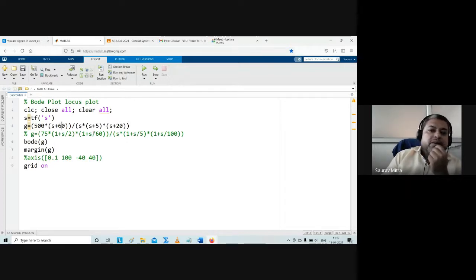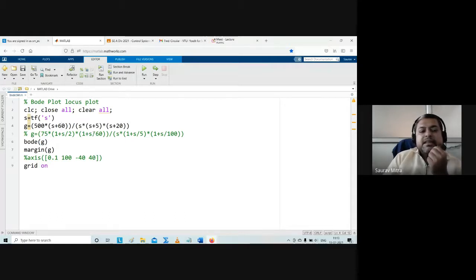Read, everything is given, nobody is looking at anything. Everyone has left the Bode plot aside. I can understand that, but it is not expected, because this is a very easy thing, and instead of drawing root locus, you could draw Bode plot, which is very easy. And this is a frequency response. We all are EC engineers, and EC engineers must understand the frequency thing first before root locus.